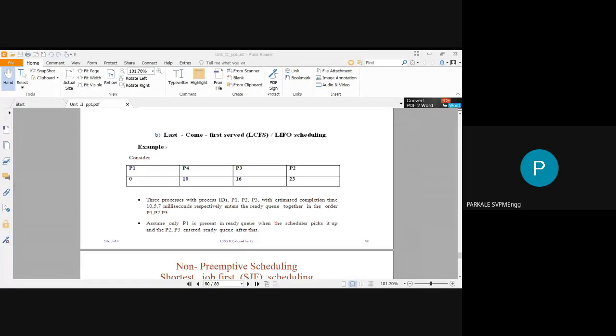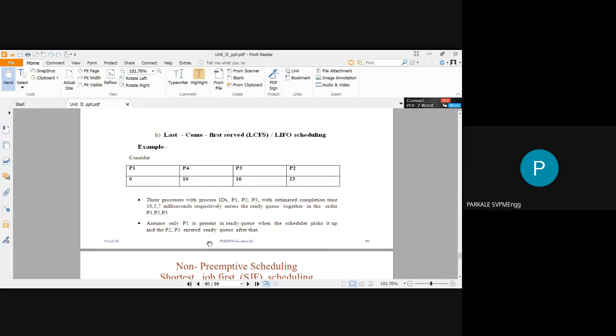Okay, I have got an answer from Barani. It's process P1, and it's a correct one. Here it is clearly visible that process P1 requires 0 seconds, which means P1 has a very small execution time. Another small execution time is shown by process P4. So P4 requires only 10 seconds, P3 requires 16 seconds, and P2 requires 23 seconds.